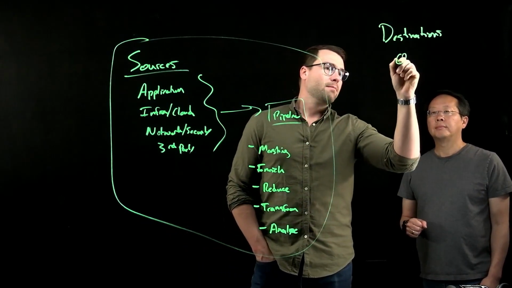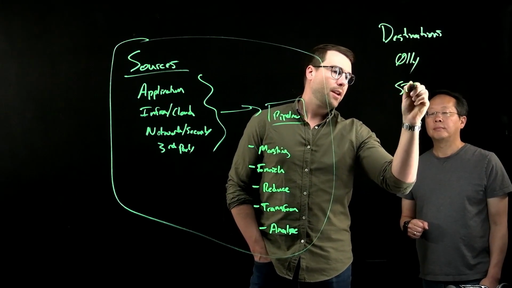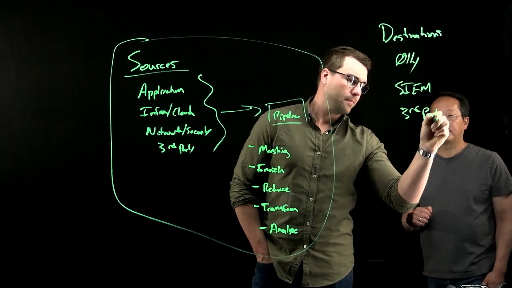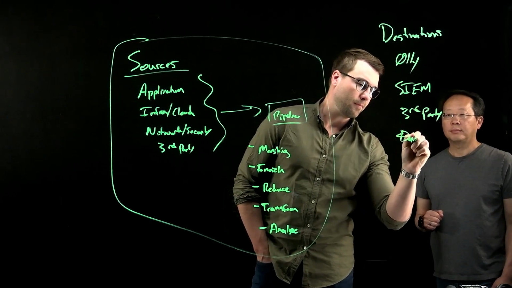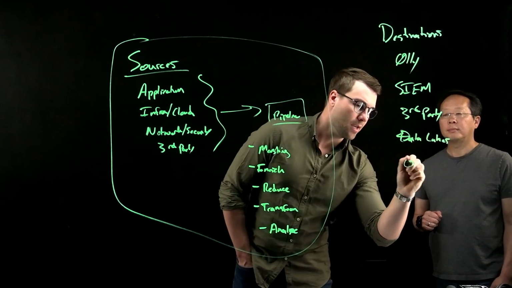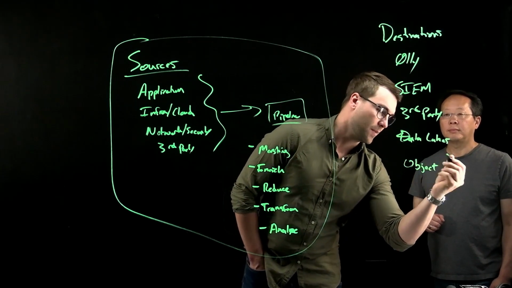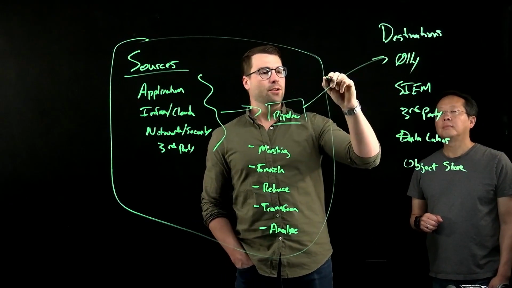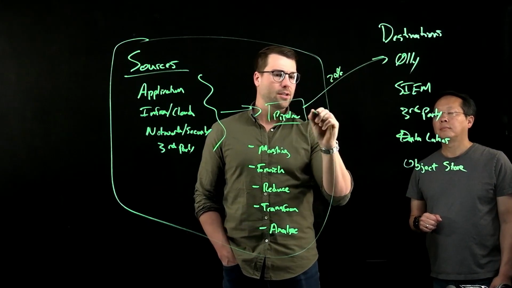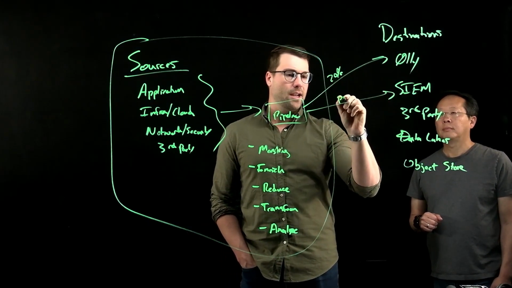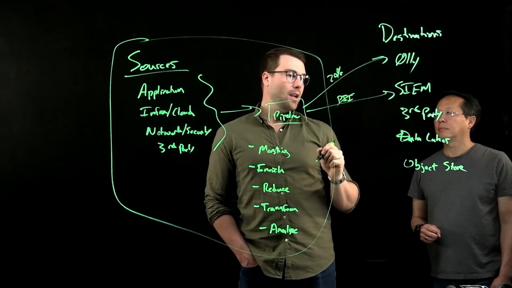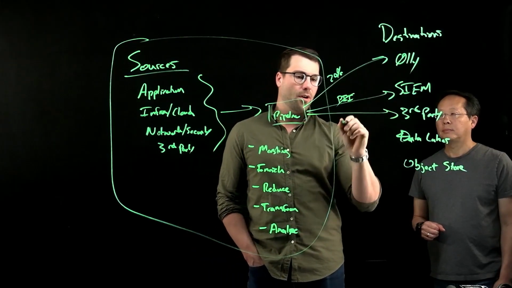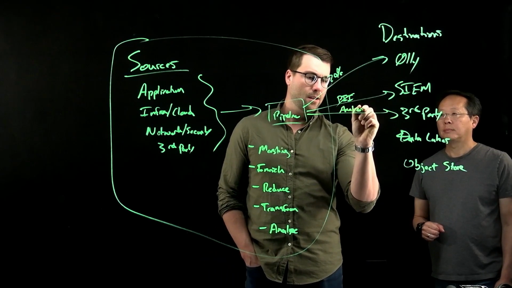Some of those destinations might be, as I mentioned before, observability. Could be your SIEM platforms. It could be your third-party systems, like your data lakes. It could even be object store in something like Amazon S3. And each one of these, we can send reduced data to your observability platform for faster mean time to detection. We can send reduced PII data to your security system so that you can have all of the forensics without any of the non-compliance. We can send data to a third party, like the analysis of some of this data